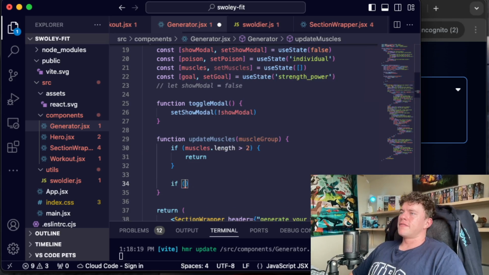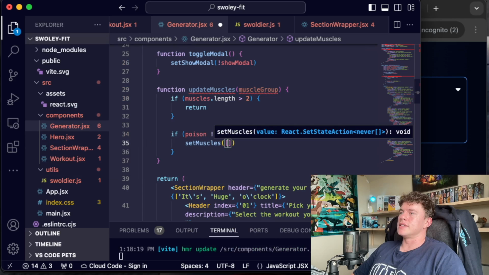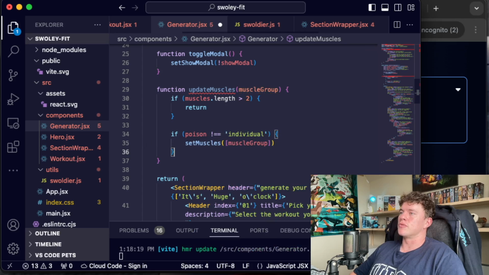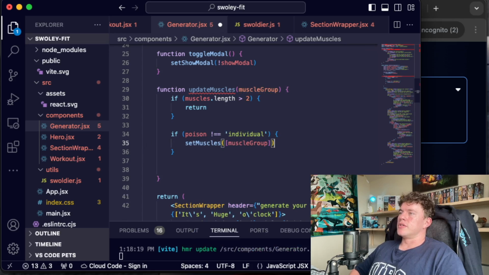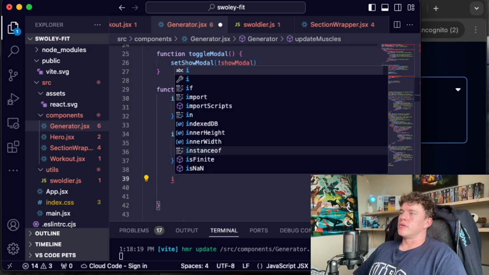Then we're going to say if poison is not equal to individual, then we're going to just say setMuscles is equal to an array that contains the muscle group, and we're going to return after this. Having these guard clauses and structuring it like this prevents us from having nested if-else statements, which is just much neater. And then if it's neither of the above two, what we're going to do is say